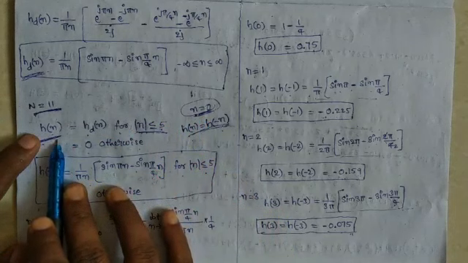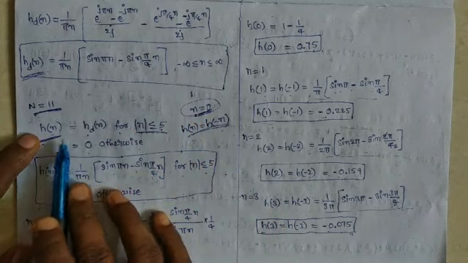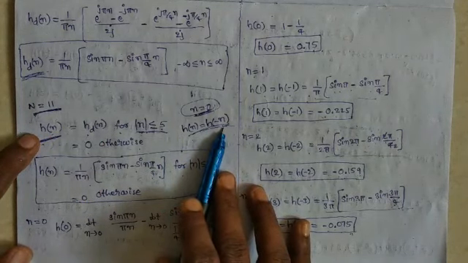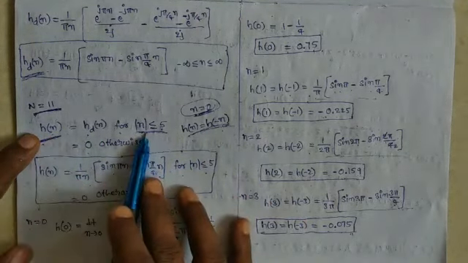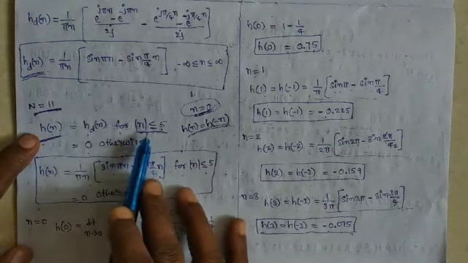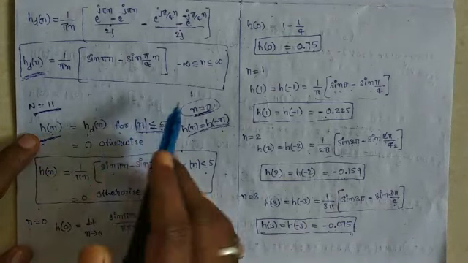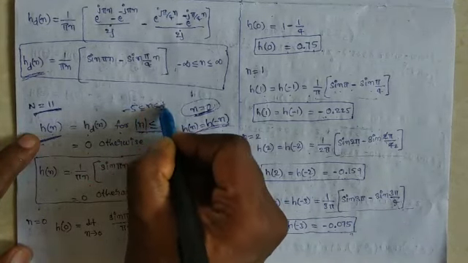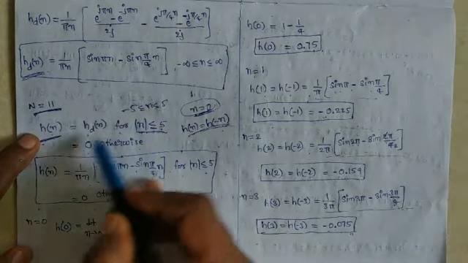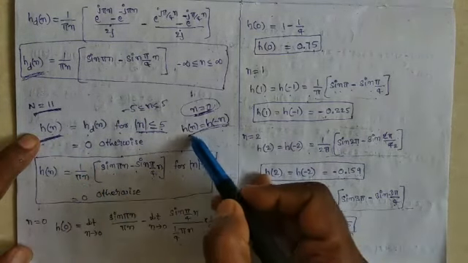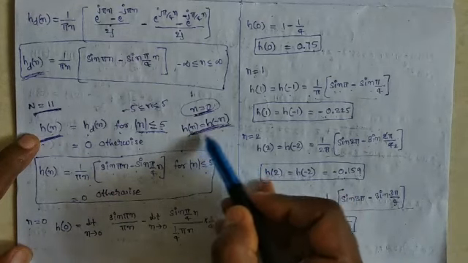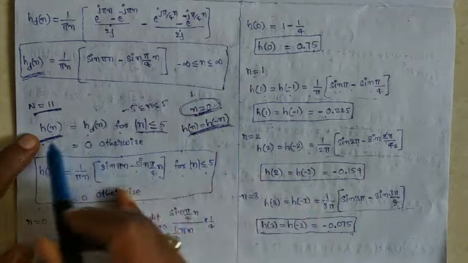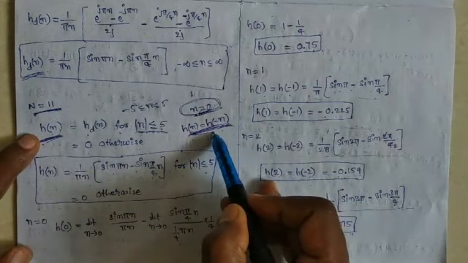Here this impulse response satisfies the condition. So what is the condition? h of n is equal to h of minus n. Here this means h of n is equal to hd of n, where n ranges from minus 5 less than or equal to n less than or equal to 5. From the symmetry of the impulse response, h of n is symmetrical about n is equal to 0, and it satisfies the symmetry condition.